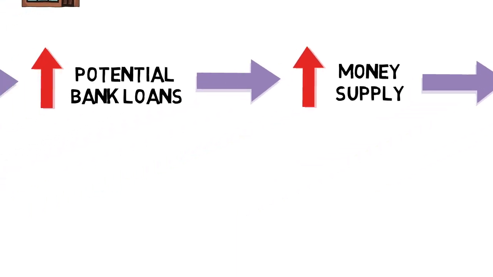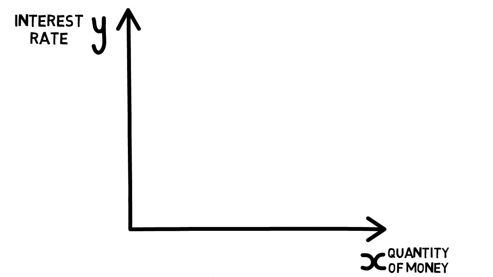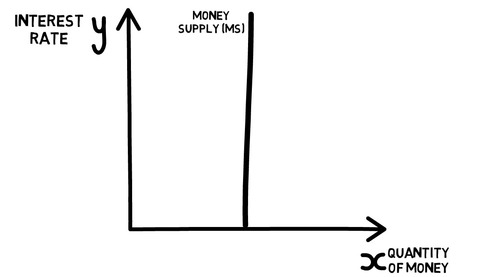And this acts as an expansionary monetary policy in the economy. So borrowing increases and expenditure increases. We can visualize this in a money market demand diagram where we have the interest rate up on the y-axis and we have the quantity of money down here on the x-axis. We draw in a money supply curve which is vertical. It's independent of the interest rate, so it's controlled by the central bank,